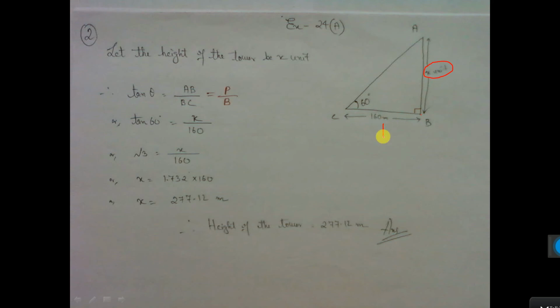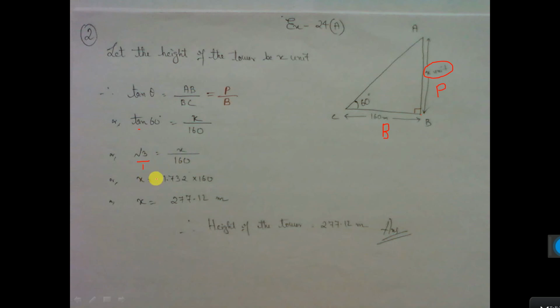So this is base and this is perpendicular. So again we will use tan because perpendicular by base, that is tan. So tan, perpendicular is AB and base is BC. Now put the value, AB I consider x. Tan theta means here 60 degree. Tan 60 value is root 3 and BC value is 160. So if you put the value tan 60 root 3, then you do cross multiply. Cross multiplication, x into 1 is x, and root 3 into 160.